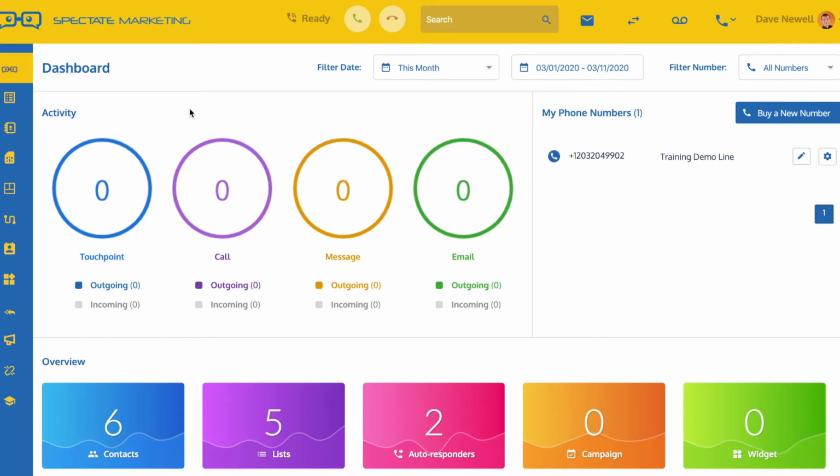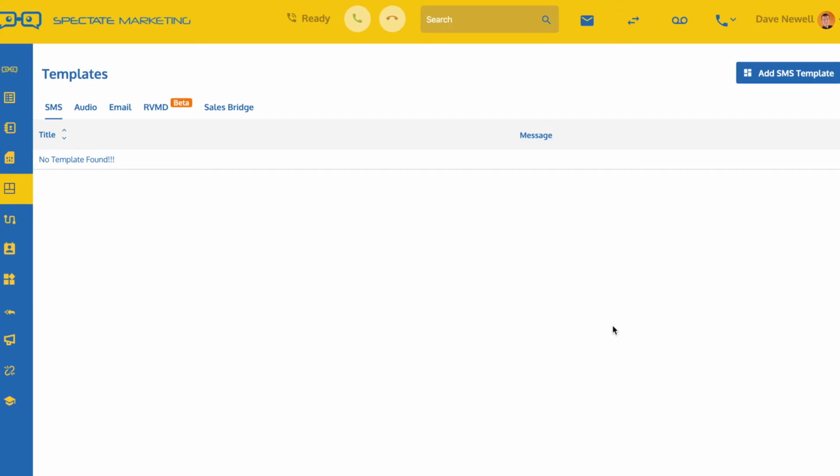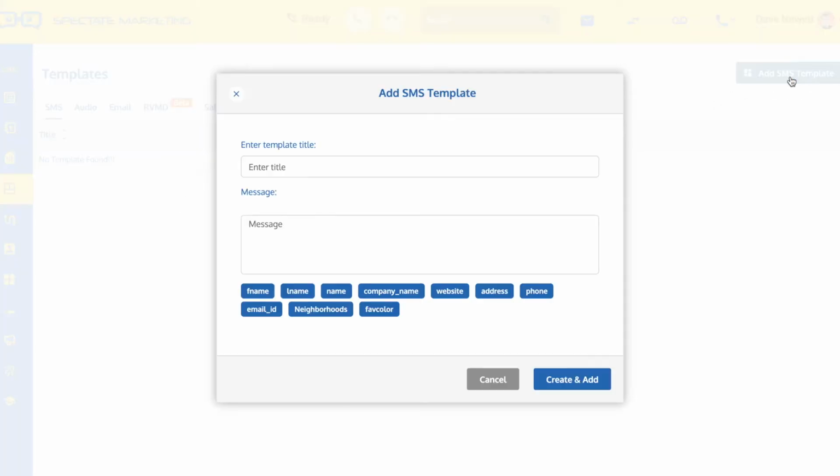So starting here on our dashboard, if we go over to our blue bar left-hand navigation and go down to the templates section, you'll see mine currently has none. But we can create reusable templates for any of these channels: text messaging, even multimedia, audio recordings, email, ringless voicemails, and sales bridges. I'm just going to show you these first three right now, and I'll do so by hitting Add SMS